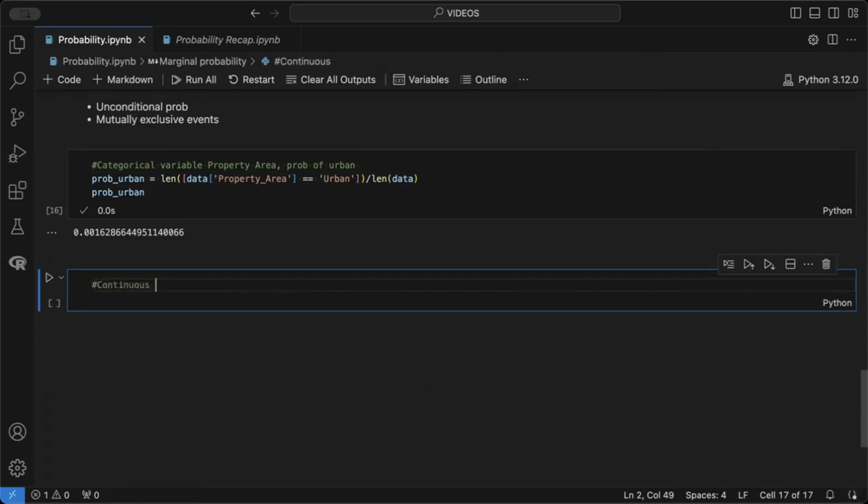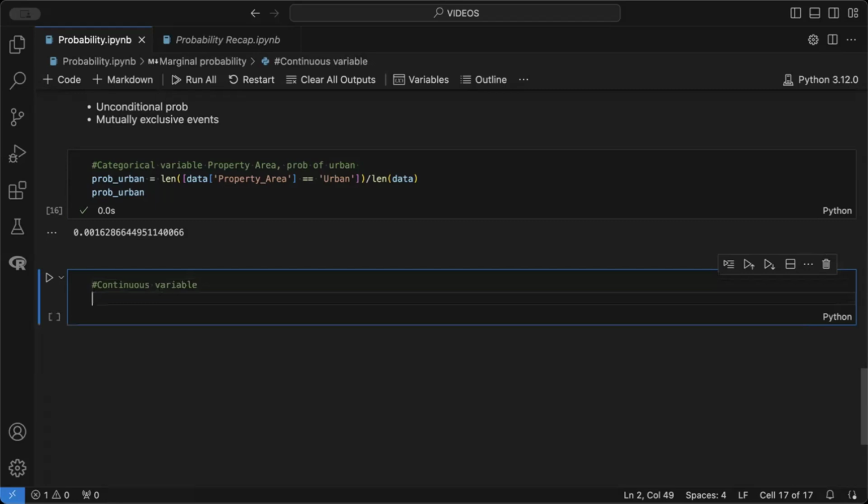But if we are looking at a continuous variable, remember continuous variables tend to have a lot of numbers to them because they are measured, okay? They are measured variables. So they have an infinite set of entries or infinite set of numbers. They are quantitative, okay? If, for instance, we're interested in the marginal probability of a variable loan amount,